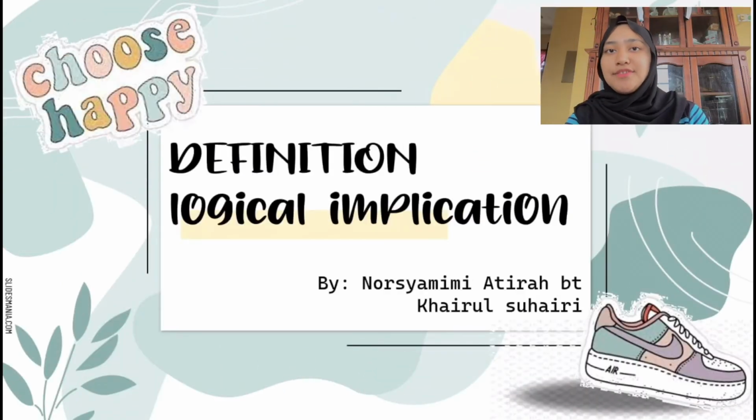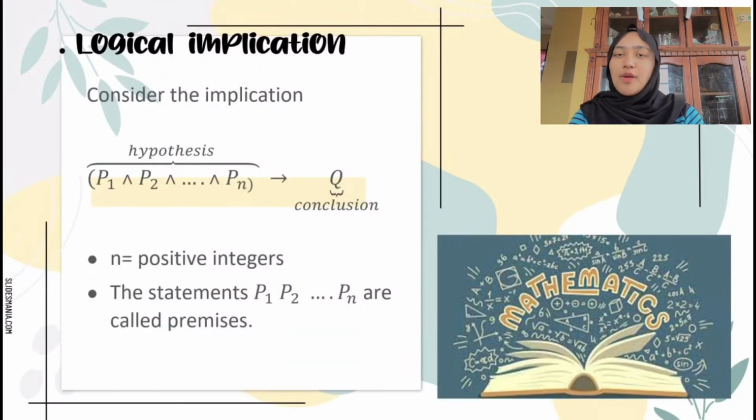So next is the definition of logical implication. We consider the implication like the slide shows. Hypothesis P1, P2, and other P with a constant n. P here means premises, and we also have the conclusion at the end. So the note here, n is a positive integer, and the statements P1, P2, and P with a constant n